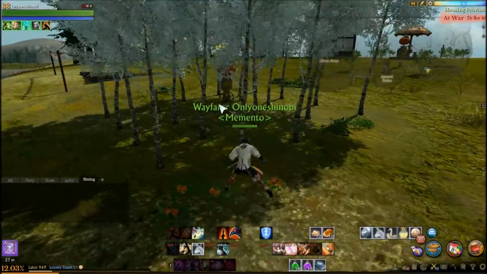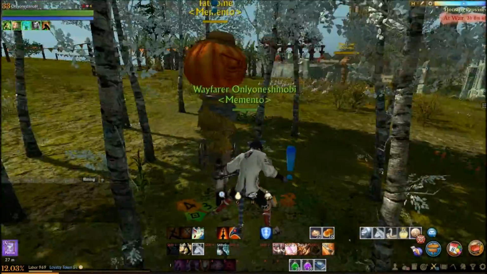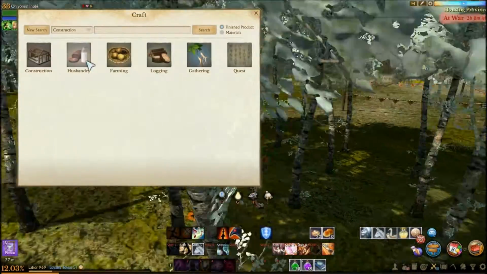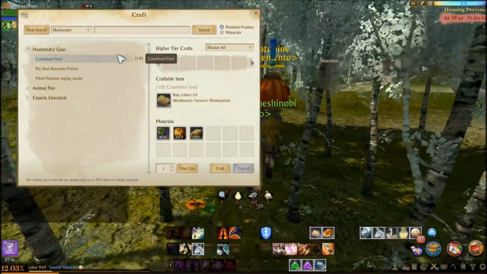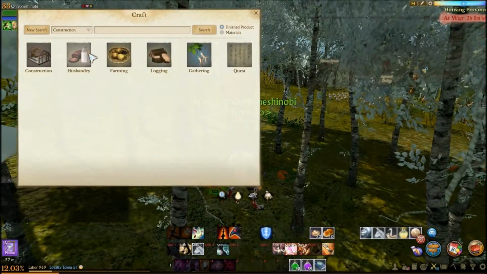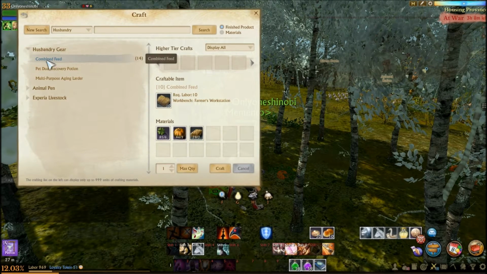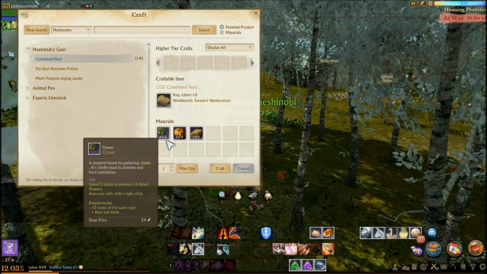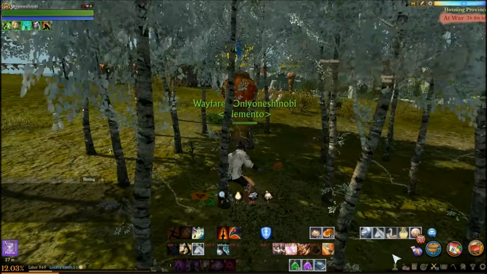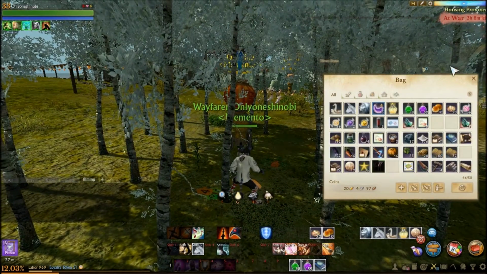So the first thing you're going to need is definitely an improved scarecrow or farmer's workstation. Without this, you cannot craft the materials. So you'll need one of these. Hopefully you have one by now. And you just come up to it, open your crafting window, click husbandry, and you'll see the recipe here. Now this takes 6 clover, 3 pumpkins, and 2 hay bale, and I've already made a stack of 100, and